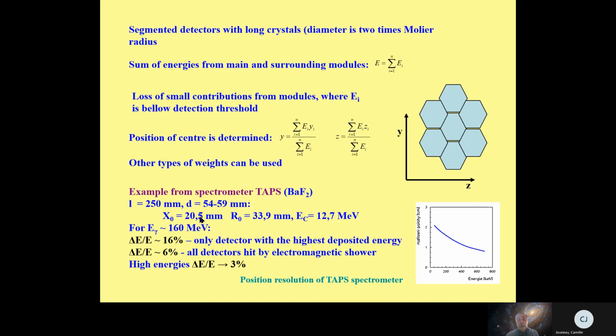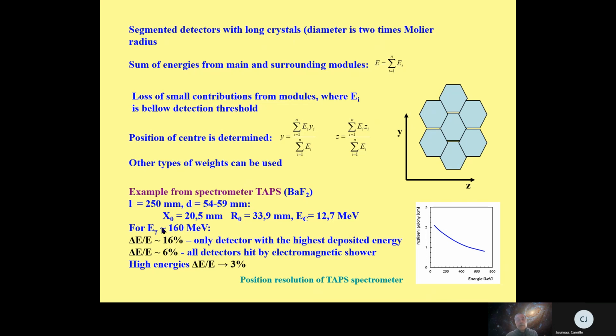The radiation length is about 20 millimeters. That means it is more than 10 times the radiation length. And this Molière radius is about 33, which means the diameter in this case is 68. That means it's fine. Critical energy is 12.7 MeV. And here there are examples of the